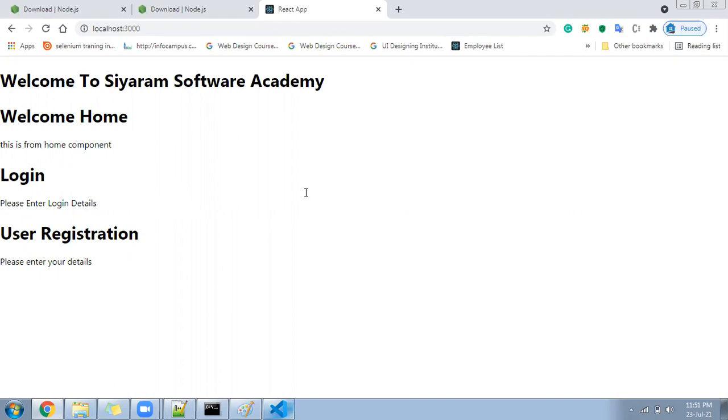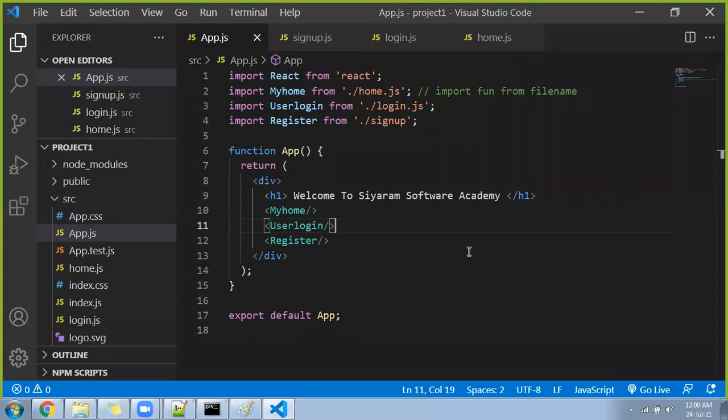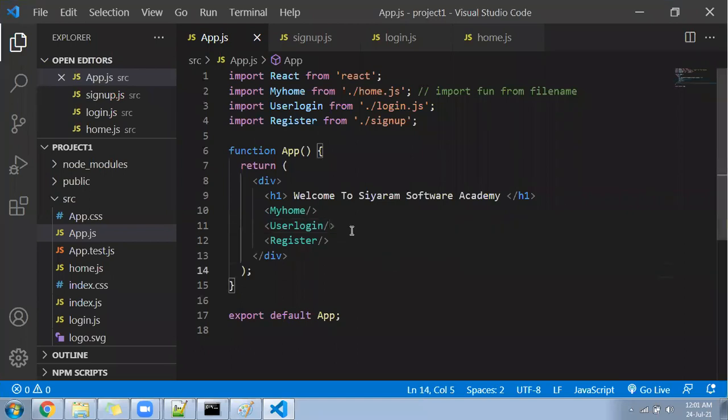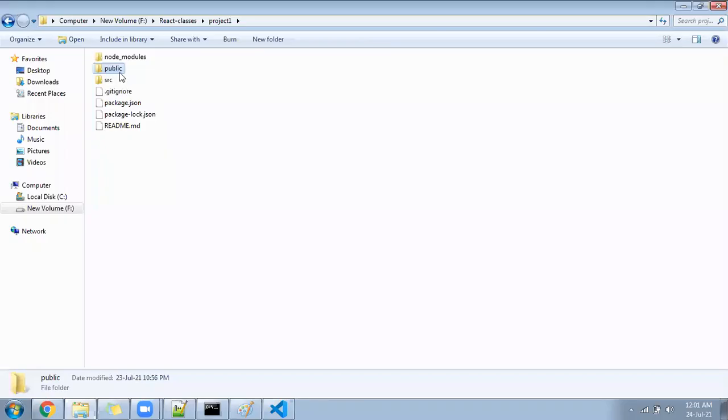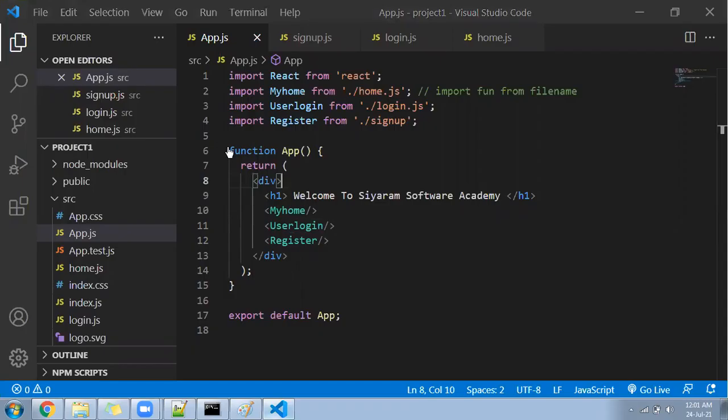Next, after that, we will be creating one more component, contact us, and then we will come to the actual use. So we have created the home, user login and register components. Next target, we will create one more component, and then we can see how that is going to work. So go here and create one more component